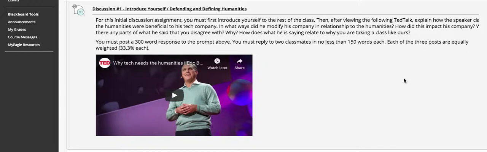You just did the prompt and you didn't respond to your two classmates, then you only get a third of the 100 points. So let's say if you responded to two or your post, and then you responded to the prompt and one classmate, that would be 67,